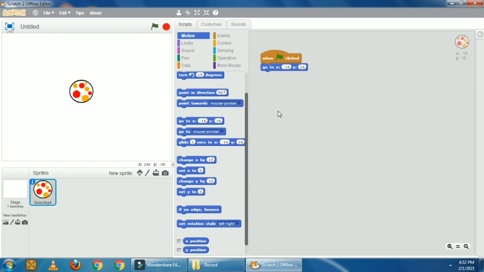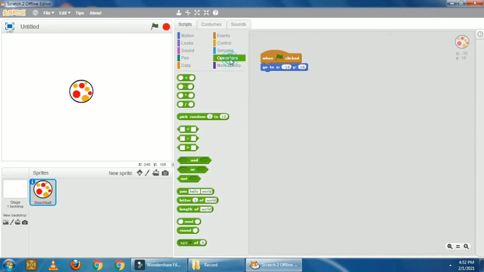Now next we have to put something inside the x and y, same as we did for the glide block. We have to put the pick random block here. So click on the operators block and take the pick random number block and place it inside the x coordinate and change its value. Click on 1 to minus 240, up to 240.